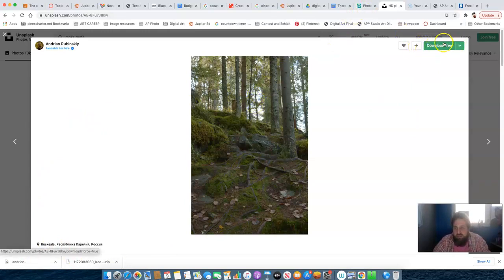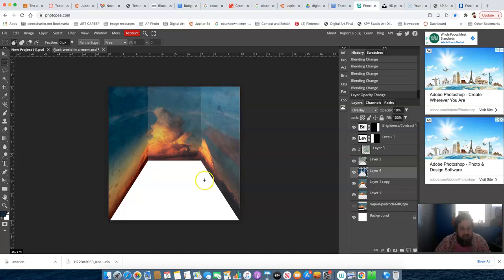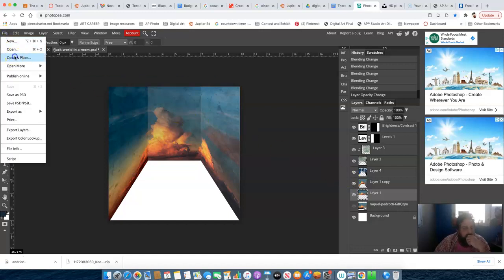Do make sure that you download the photos. It's definitely going to be a better quality than just copying and pasting, which we discovered in our last image. So now I'm back over here, and I think I'm going to, let's click on this layer. And by the way, when you open a new image and place it in, it's going to be above the layer that you're currently on. So in this case, I want it to go below the wall and kind of sit underneath. For now, I might move it up in a minute. So File, Open in Place,